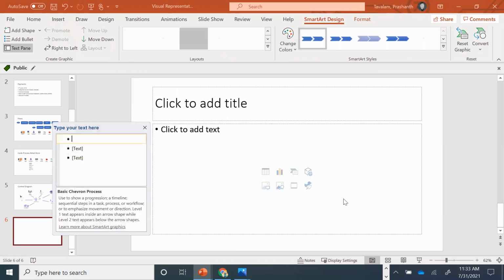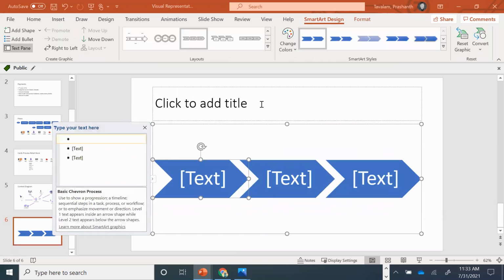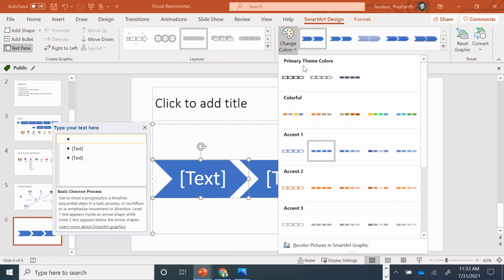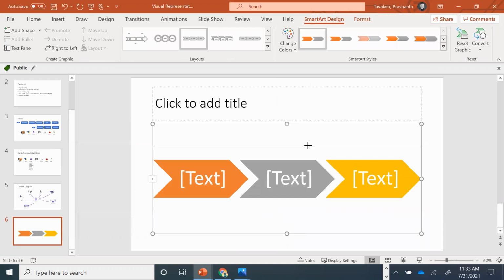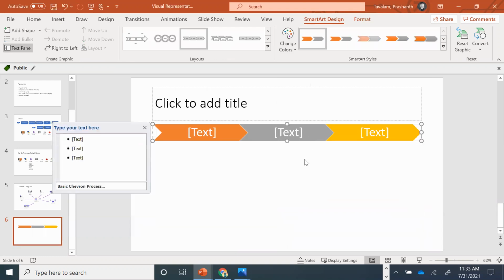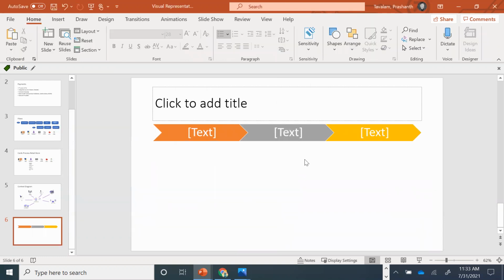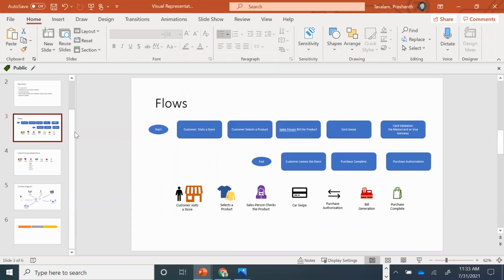Instead of putting it in boxes like that, use this, change it, and then you can also add some color to make it more visually appealing. What I'm trying to teach you here is how to make things more visual instead of using text. These are some of the skill sets that you can use.